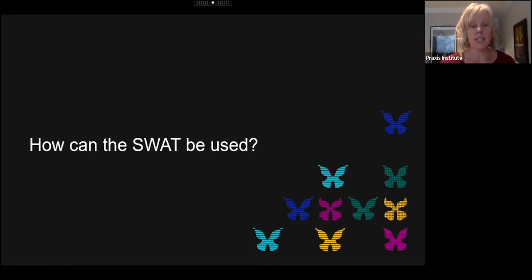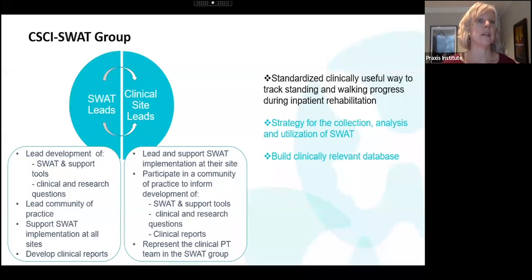So shifting gears a little bit in terms of how it can be used. If you're going to spend this time collecting these outcome measures and staging your clients as they come through rehab, how can you use that information? Again, this is just an outline of how the Canadian SWAT group that we've talked about works. They came together to create the measure, but the group still is in contact and connects. It has a leadership group, and that group led the development of these tools, and leads ongoing development of different support tools,